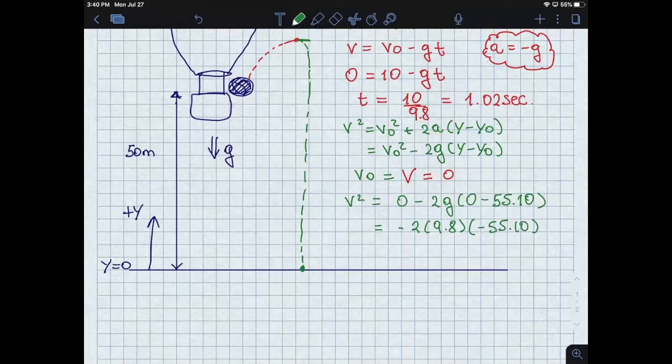Minus with the minus becomes plus, so you get v squared is equal to 2 times 9.8 times 55.10. v then is equal to the square root of 2 times 9.8 times 55.10, equal to